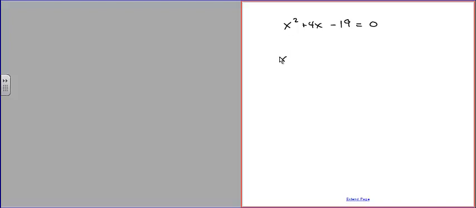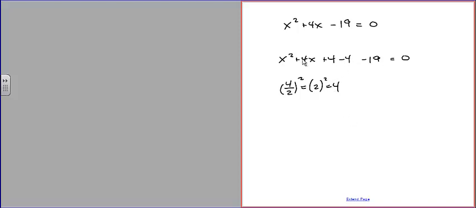So the first thing you do is you take the two parts of the equation that involve the variable and you just separate those. So all I've done is put a space here. So you take this coefficient, 4, you divide by 2, and you square it. So 4 divided by 2 is 2, and 2 squared is 4. So we add 4, we subtract 4,